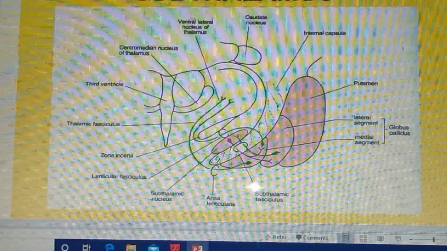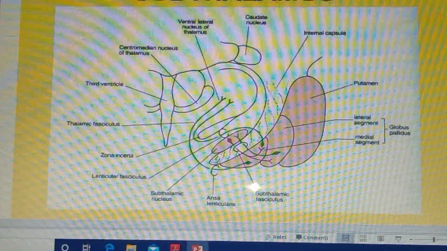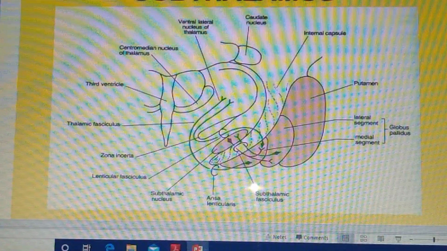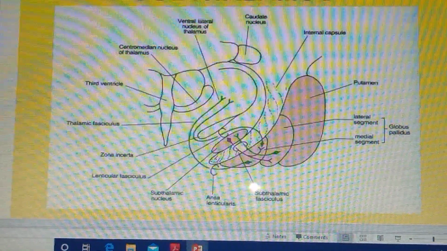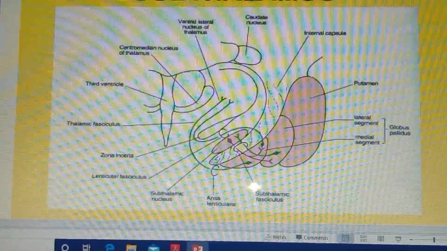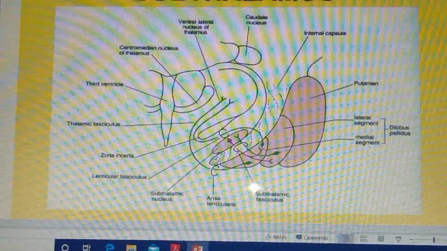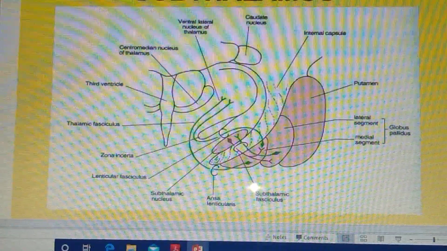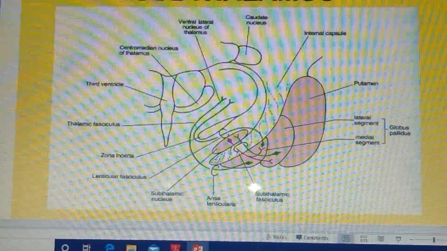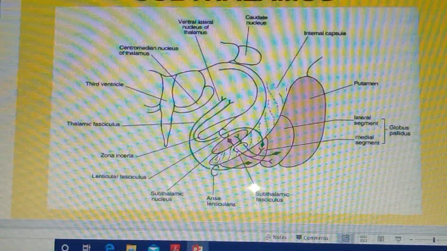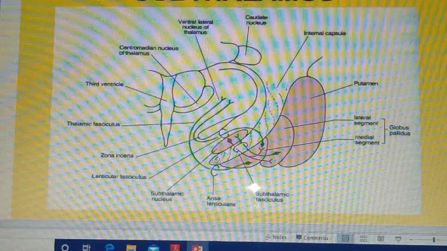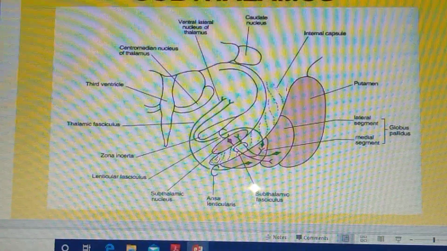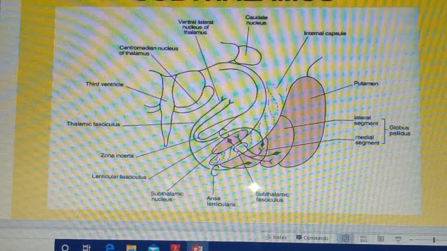Clinical anatomy related to the subthalamus. Discrete lesions of the subthalamic nucleus result in hemiballismus, that is characterized by the involuntary choreiform movements on the opposite side of the body, right? See, again the function is contralateral. This choreiform movements means repetitive and rapid jerky involuntary movements that appear to be well coordinated, and it is often seen in Huntington's disease.